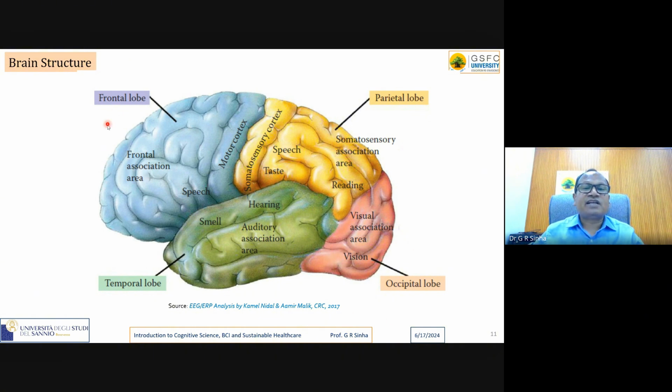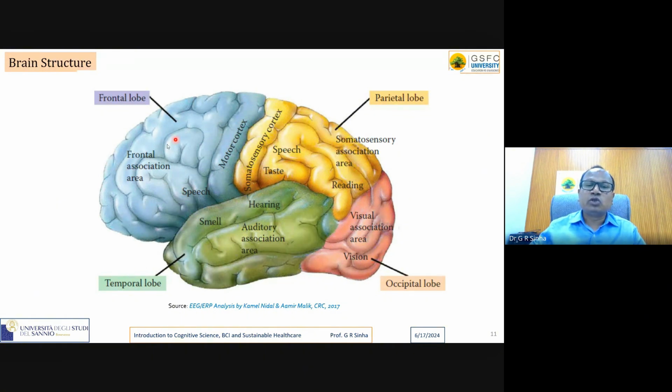Then comes, look at here, the frontal area. I already explained to you the motor cortex. All movement related tasks, all motor tasks, are associated with the frontal area. And remember, not the complete frontal area. That we will also explain when we discuss the complete brain, EEG, EMG, MEG. The complete part is not responsible for motor tasks. This particular part, look at here, is speech. When you are speaking something, it is because of this area, the frontal lobe.